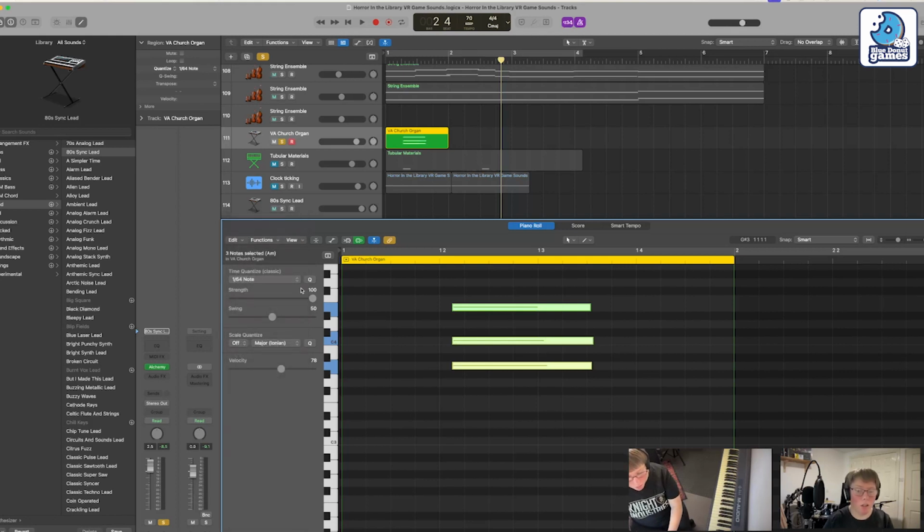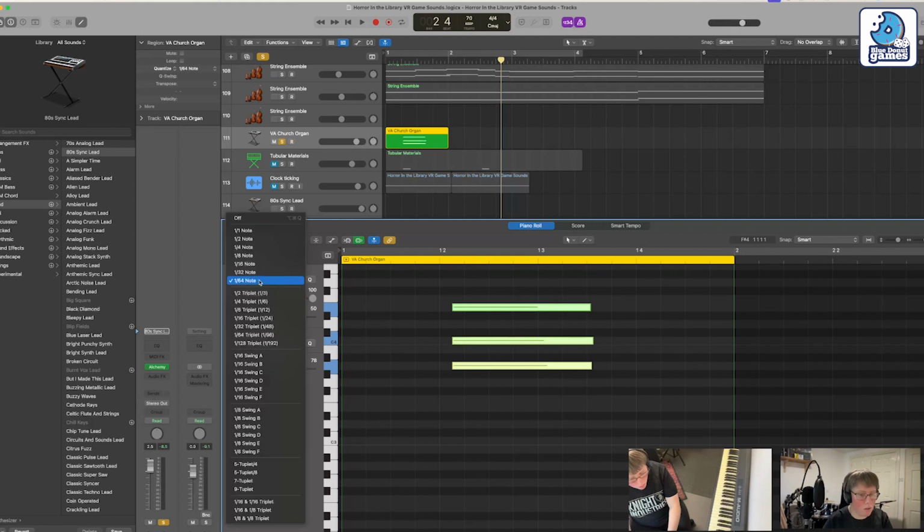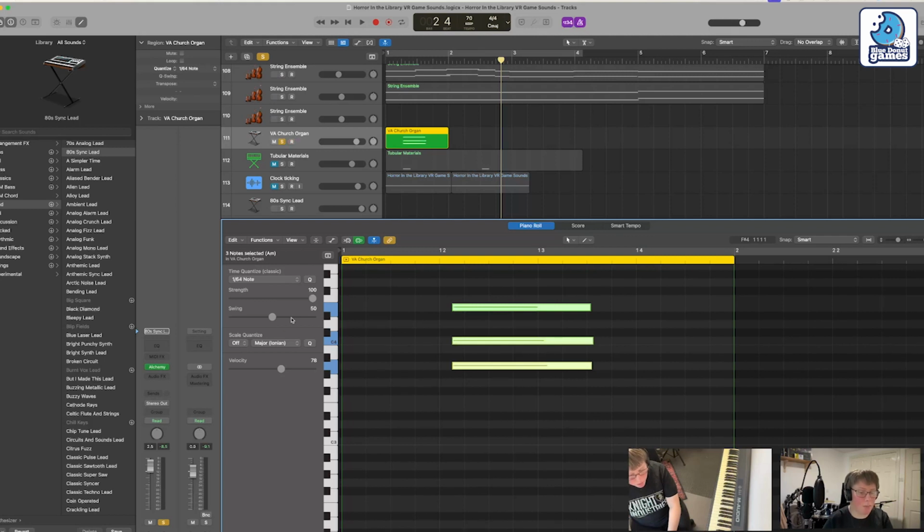Press quantize, which is this little Q button here. So if I press quantize, it should snap. It's not snapping. So why is it not snapping? Sometimes this doesn't work. It's because it's got swing on it. Oops, let's scroll that back and press quantize again. It doesn't seem to be quantizing for some strange reason. Okay, well, if that does happen, because sometimes the program is a bit of a fidgety one,